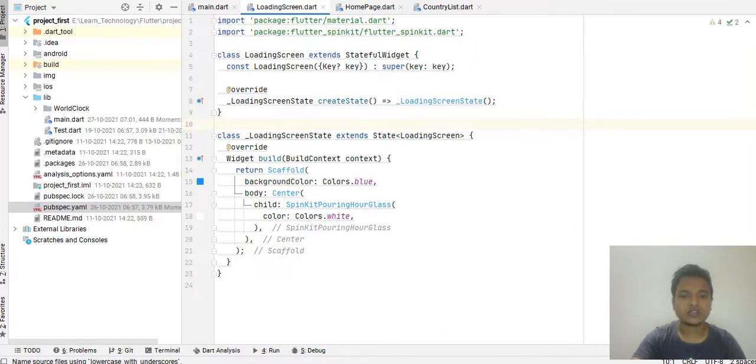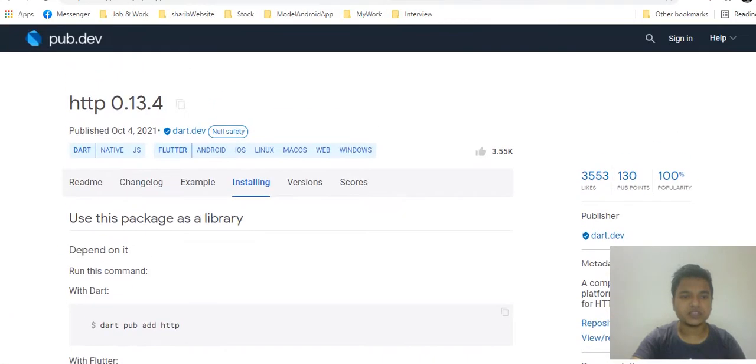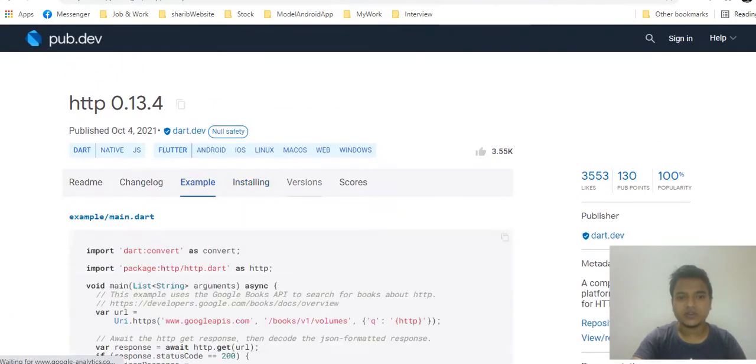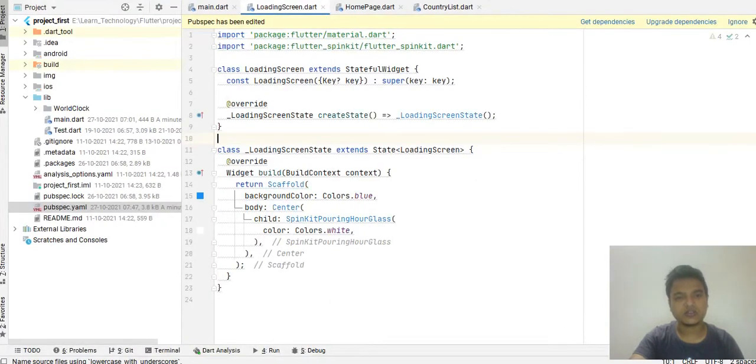So let's go back again and see how we can implement it. Here's an example too. The most beneficial thing I saw on pub.dev is that for each dependency, each third-party API will have an example of how we can implement it in your code. That is the most important thing that I got. So I will not copy and paste from here. I will just let you know how we can code in the application.